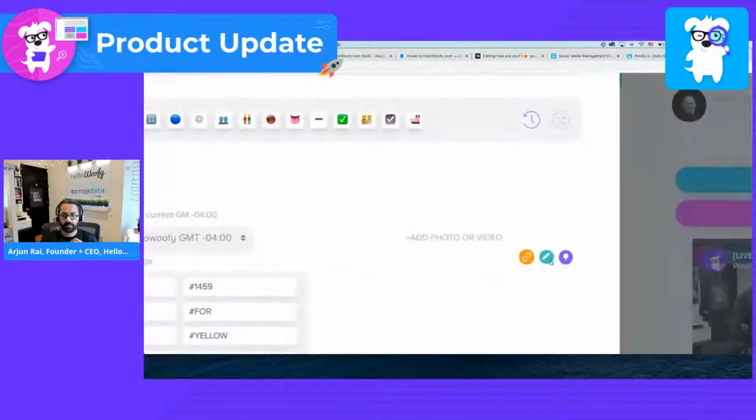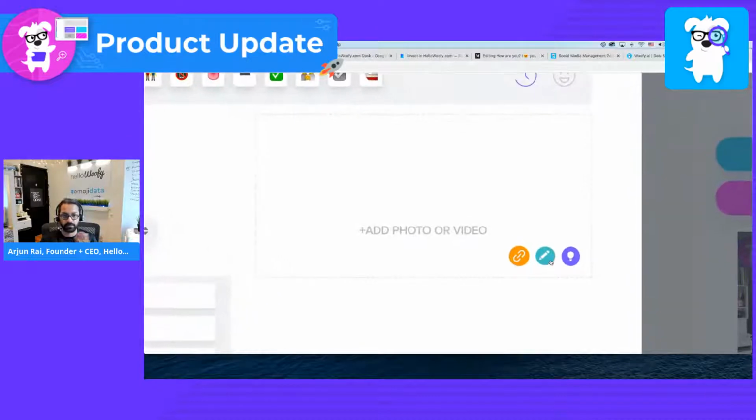Now, many of you have been using the image uploader for a very long time. The idea is the purple dot will find images based on what you've entered as text. If I say, I love you and my coffee, it'll start finding love and coffee-related memes and images. If you click on the green dot, you have the ability to design your own graphic using any of the built-in editors such as Canva, Corel, DesignBold, and PicMonkey.